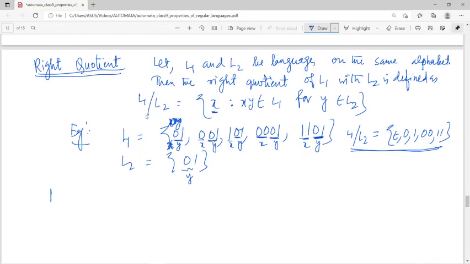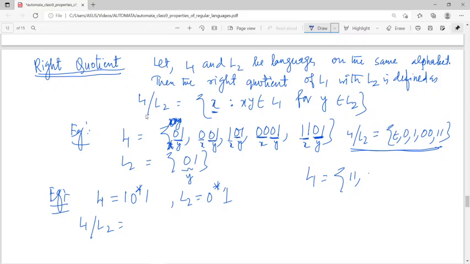যদি না বুঝতে পারো আরেকটা এক্সাম্পল নিচ্ছি, ধরো এগুলো কিন্তু সবকটাই রেগুলার হচ্ছে, মাইন্ড দ্যাট, যাই করো না কেন রেজাল্ট কিন্তু রেগুলারই, কিন্তু এই অপারেশনস গুলো কাজ করে, প্রত্যেকটাই ক্লোজড আমি বলে দিচ্ছি, কিন্তু কিভাবে কাজ করে সেটা জানার জন্য এটা বক্তব্য। ধরো L1 তুমি নিয়েছো 1 0 স্টার 1, ধরো L2 তোমাদের অ্যাপ্লাই করতে বলবে, তাহলে তোমায় বললো যে হোয়াট শুড বি দ্য রেজাল্ট অফ দিস রাইট কোশ্চেন্স। তাই তুমি দেখো, তাহলে আমায় কি করতে হবে, L1 মোটামুটি আমি জানি, তাহলে 1 1 হতে পারে, কারণ যদি জিরোটা না থাকে তাহলে 1 0 1 হতে পারে, 1 0 0 1 হতে পারে, 1 0 0 0 1 হতে পারে, ইট লাইক দ্যাট।